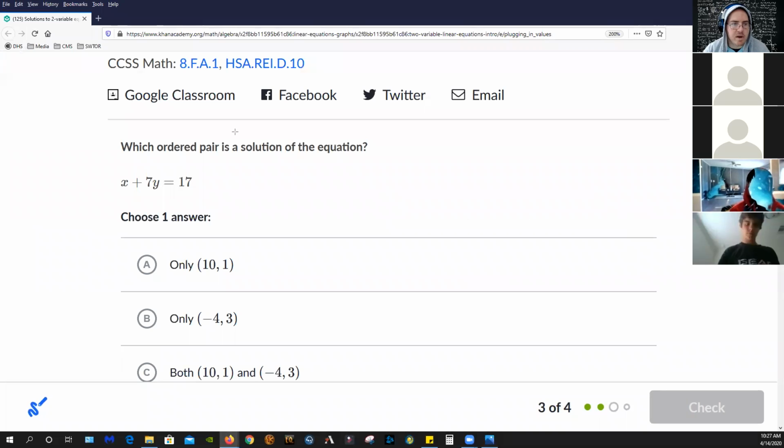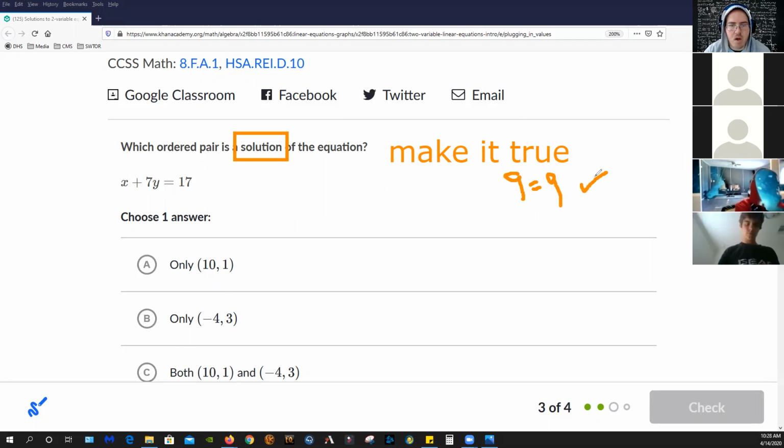Okay. So when it says a solution, we are asking for something to make it true. And here's what it means by true. At the end of all of your work, true would be something like 9 equals 9. That's true. Okay, so what you got to do is